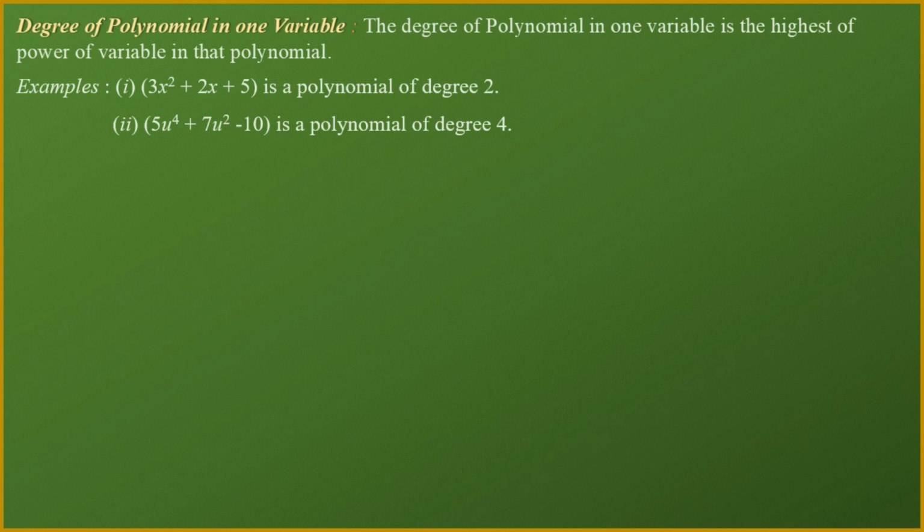5. Along with 5, as you know, I can take a variable having the power 0. Means I can write down 5 as 5 into x to the power 0. Right? So first term has the power 2, second term has the power 1, and third term has the power of variable as 0. So what is the highest power here? Highest power is 2. So we can say that yes, the degree of this polynomial is 2.